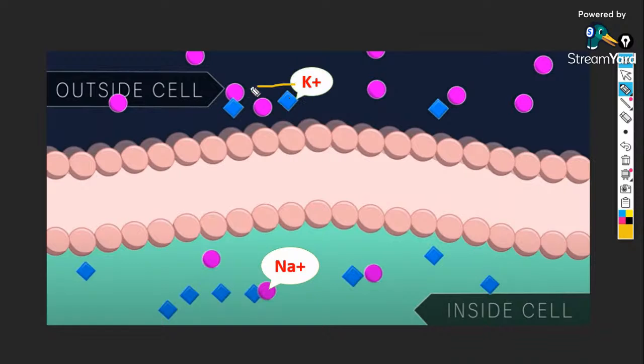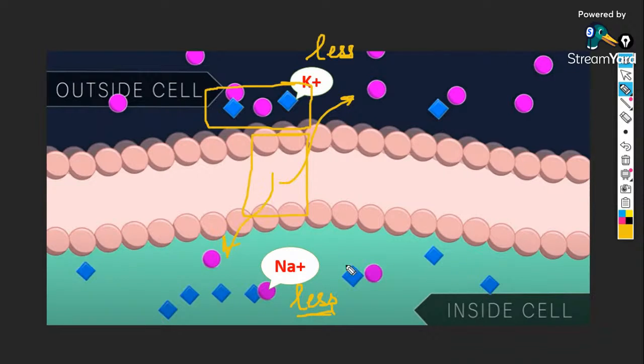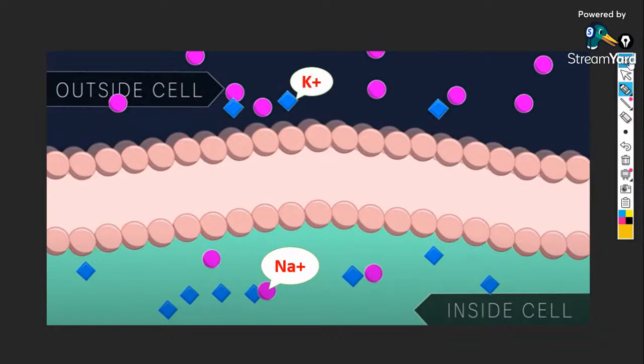Look, this is the outside condition. Outside the neural membrane, potassium ion concentration is very less, whereas inside the sodium is also less. So what happened? The sodium potassium pump will pump 3 sodium outwards and 2 potassium inwards. That is actually the main function happening over here. So this is what I would like to draw to your kind attention.